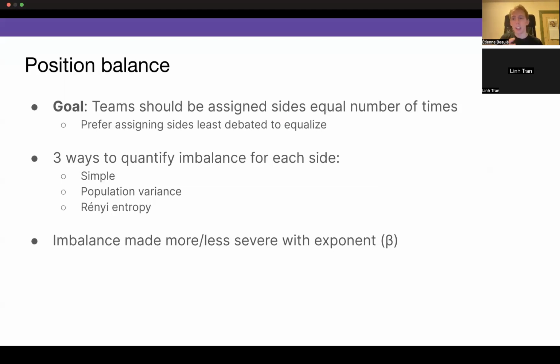We have three different ways that we've implemented, and each has its particularities: the simple way, the population variance, and the Rényi entropy. And once we get that measure, we can also modify it by changing the exponent we put on that cost.